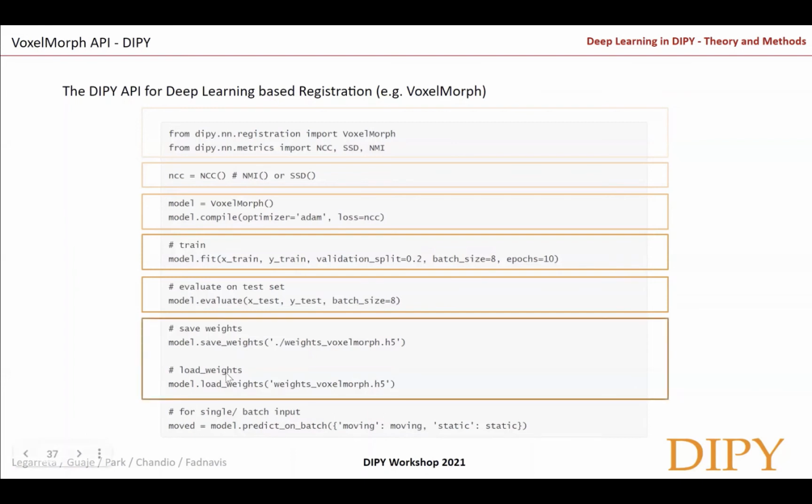You can simply save and load weights if you are training on your own dataset. That is, if you want to create your own VoxelMorph registration model for your cohort, this is why we provide this capability of saving and loading these weights. And in the end, we just predict, right? And you can also do batch-wise prediction.